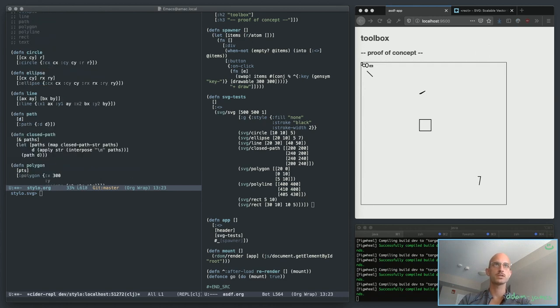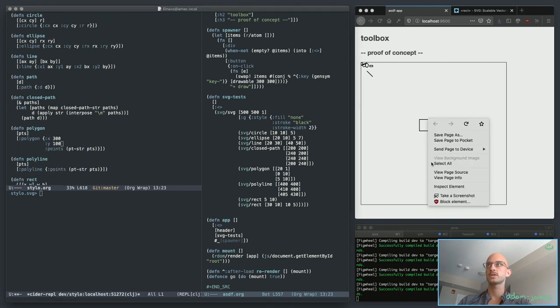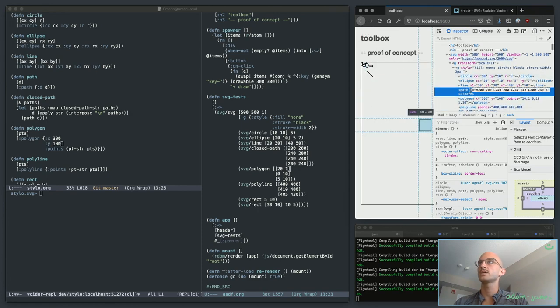So let's just double check this. Save that. Okay. And this polygon. Doesn't make sense to me. Yeah, okay, so this XY here, it means nothing to the polygon. If I inspect this element, this path, okay, that's what I'm looking at here. And if I just type in here x equals 10,